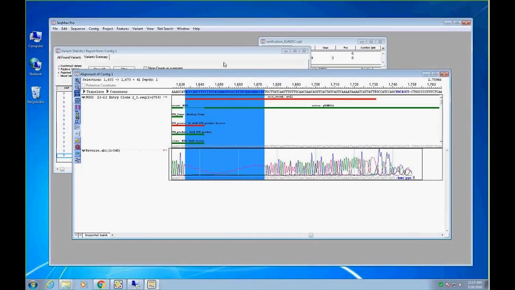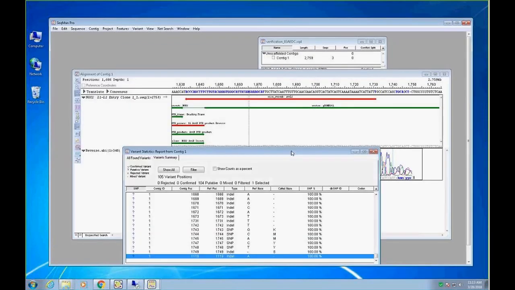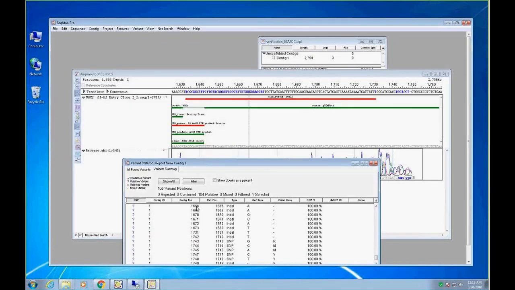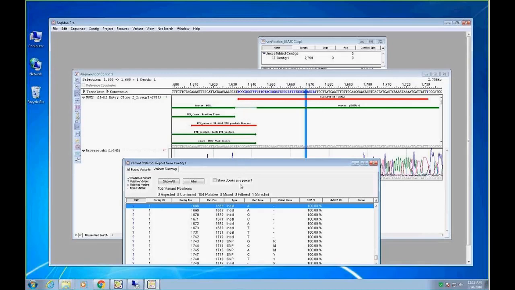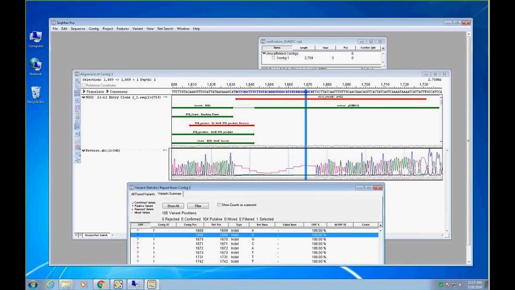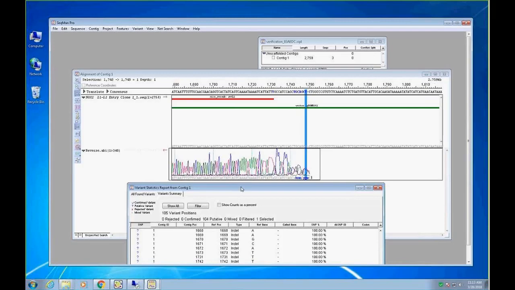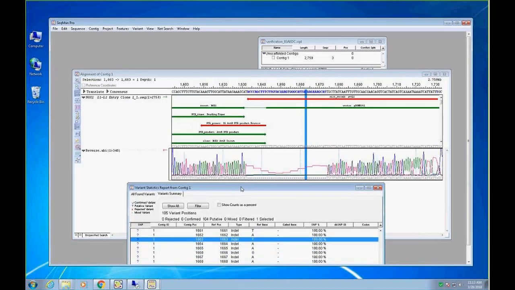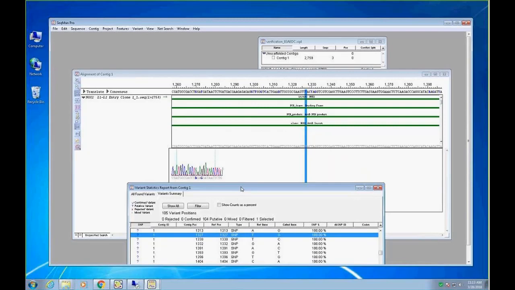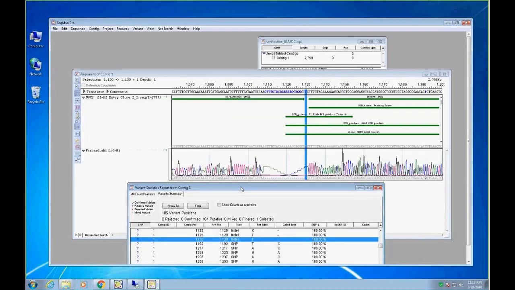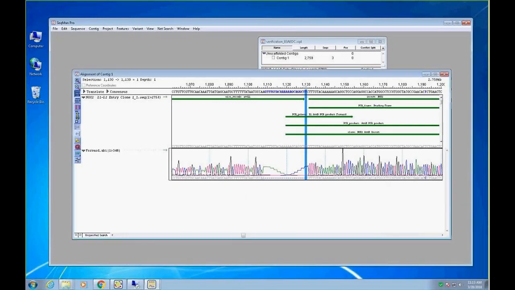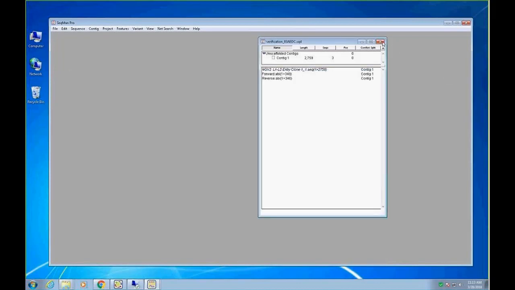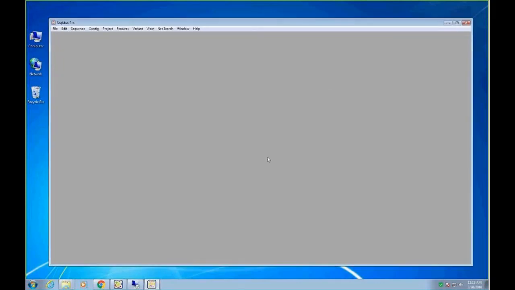I can also navigate this alignment using the SeqMan SNP table. This is a fully fledged SNP table, so I can select a region and use my arrow key to very quickly move through the alignment just by arrowing through the SNP table. It's very responsive. So I can quickly evaluate the alignment and decide what's going on with this particular sequence. Okay, so that is some real data where a mistake was made with the clone that was selected